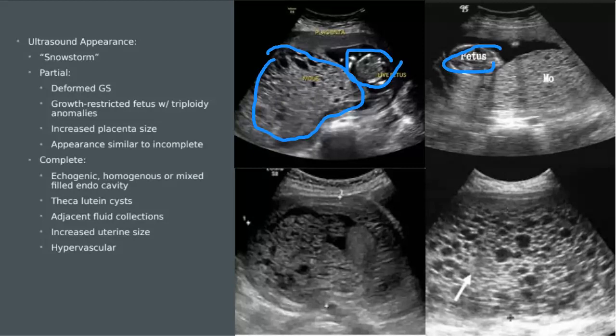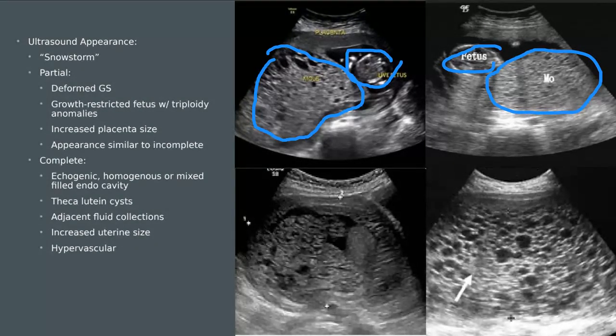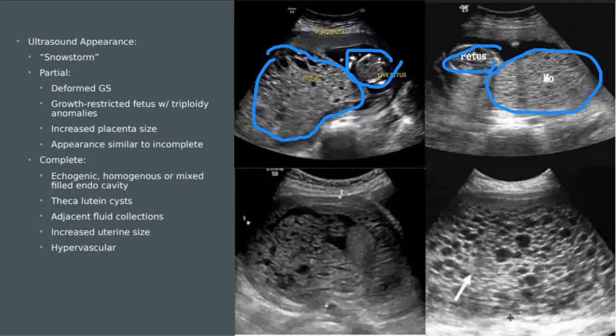That is the molar pregnancy. So this is going to obviously result in complications for that baby. I wish I had statistics on the success of these babies making it to term, but the reality is that these babies that do end up making it to term, they're going to be abnormally small, so they're going to have growth restrictions, and they're usually going to have some other sort of chromosomal abnormality, because if you think about